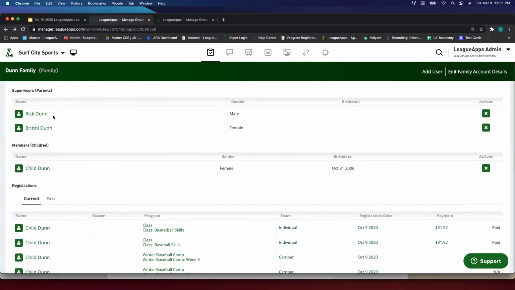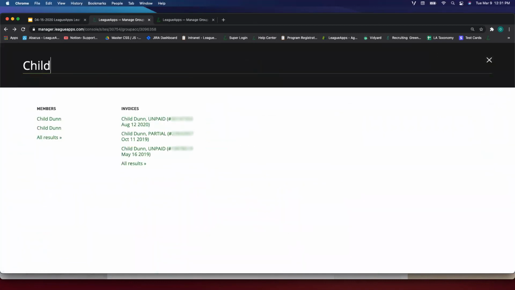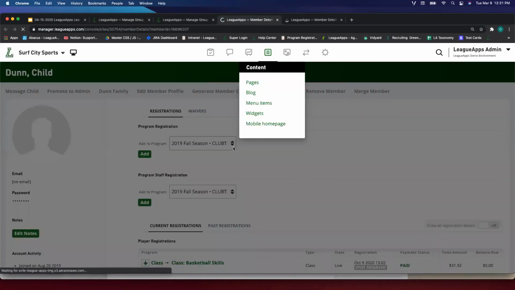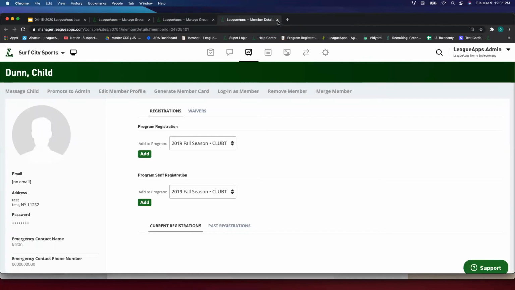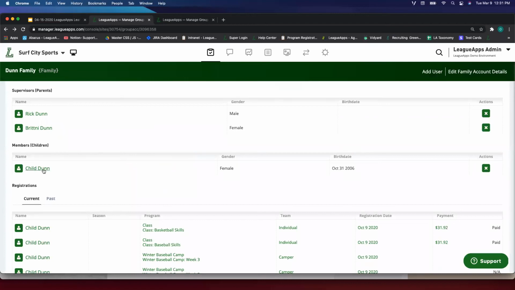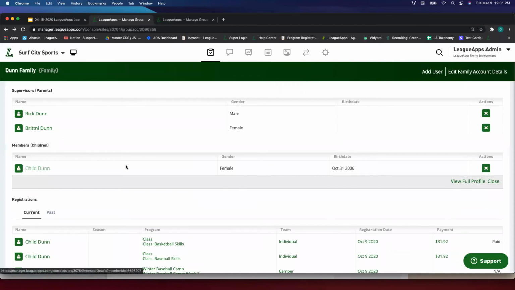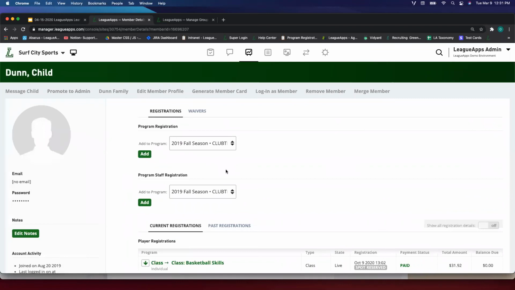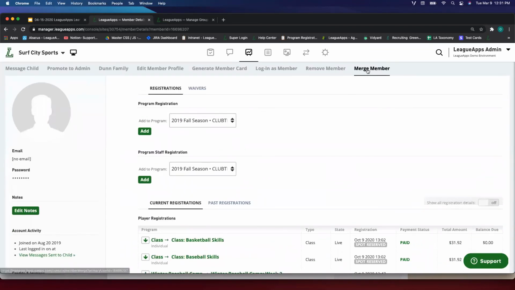All right, so now mom and dad are in the same family group together, but now we have two child accounts for their kid. And what we're going to do is merge these two accounts. As I had mentioned, you want to make sure that when you're merging an account, you're merging the same account, the same person. So I know that this child account is the one that I want to keep, and I know that this is a good account, right? So I'm going to go and view this account. And I'm going to click merge,